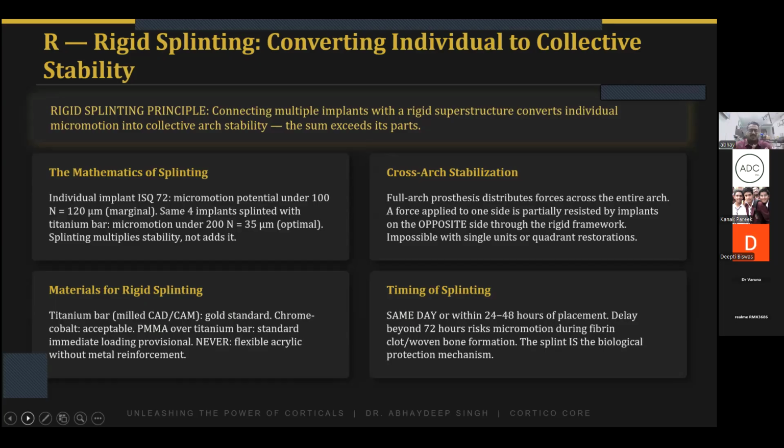easiest way and the most stress-free way to give the rigid splinting effect over the implant abutments. The second way is you give milled titanium or metal bars over the abutment, and it has to be done within the time frame before the bone resorption activity starts. So the best time of splinting is on the day of implant placement. You do not give a single chance to the patient to put any implant in the